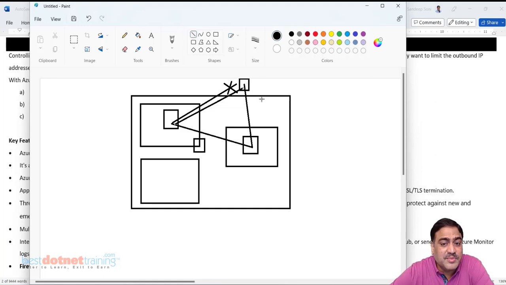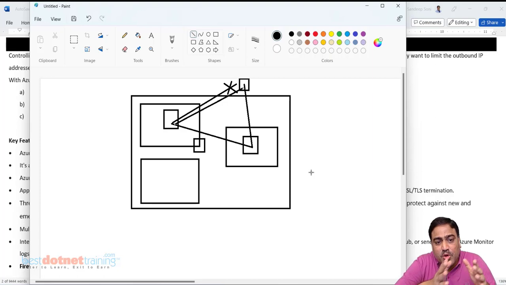Now when will a connection be treated as completed? When I submit a request and I get a response, I'm going to treat that connection as a success. Now because the outbound traffic is blocked like this, the ability to send the request is there, but getting the response is not. Firewall will block it. That means if you have created a deny rule in the firewall, it's not only going to work for outbound, it automatically works for inbound. This doesn't happen in NSG.